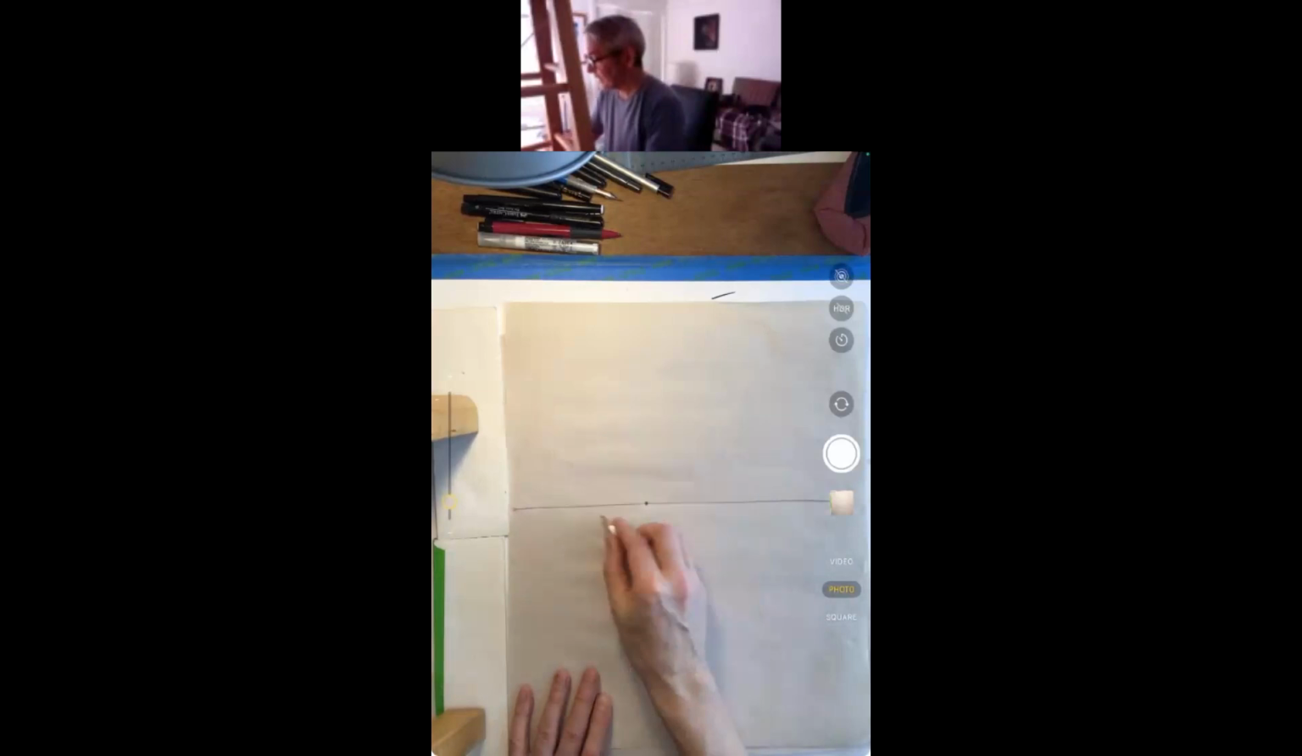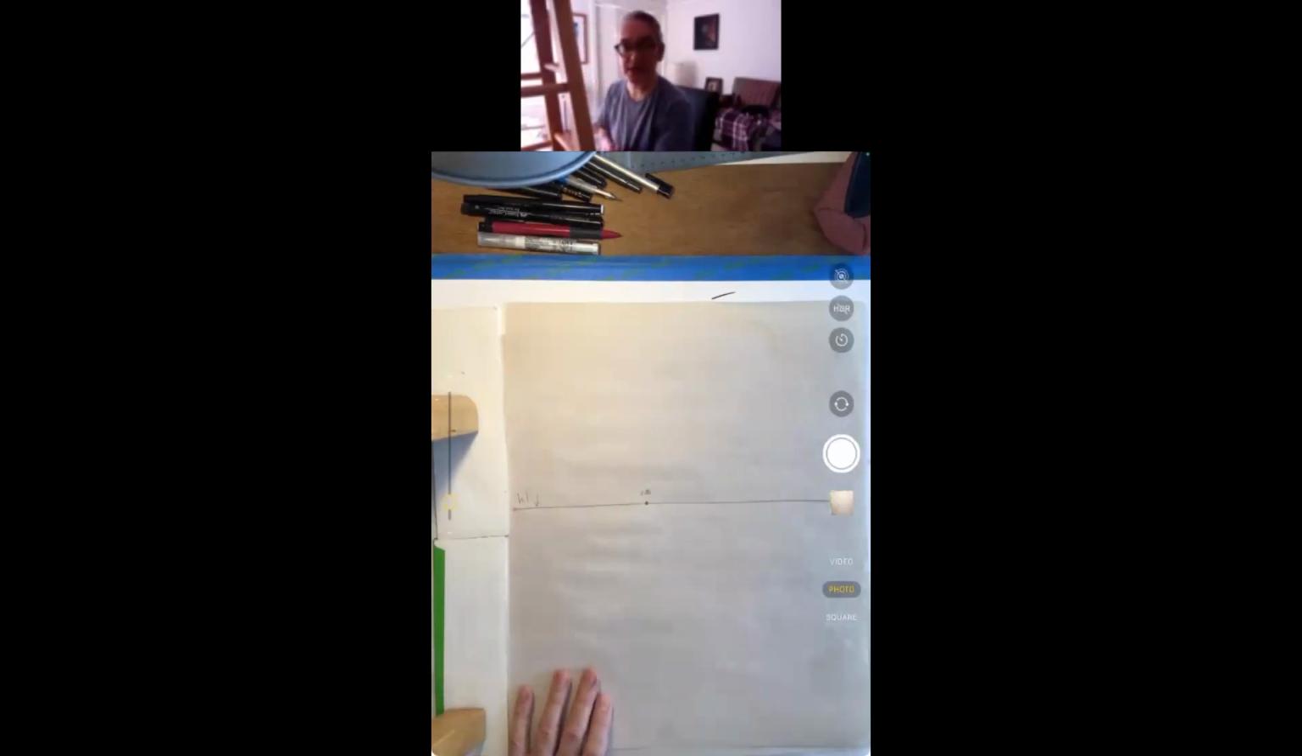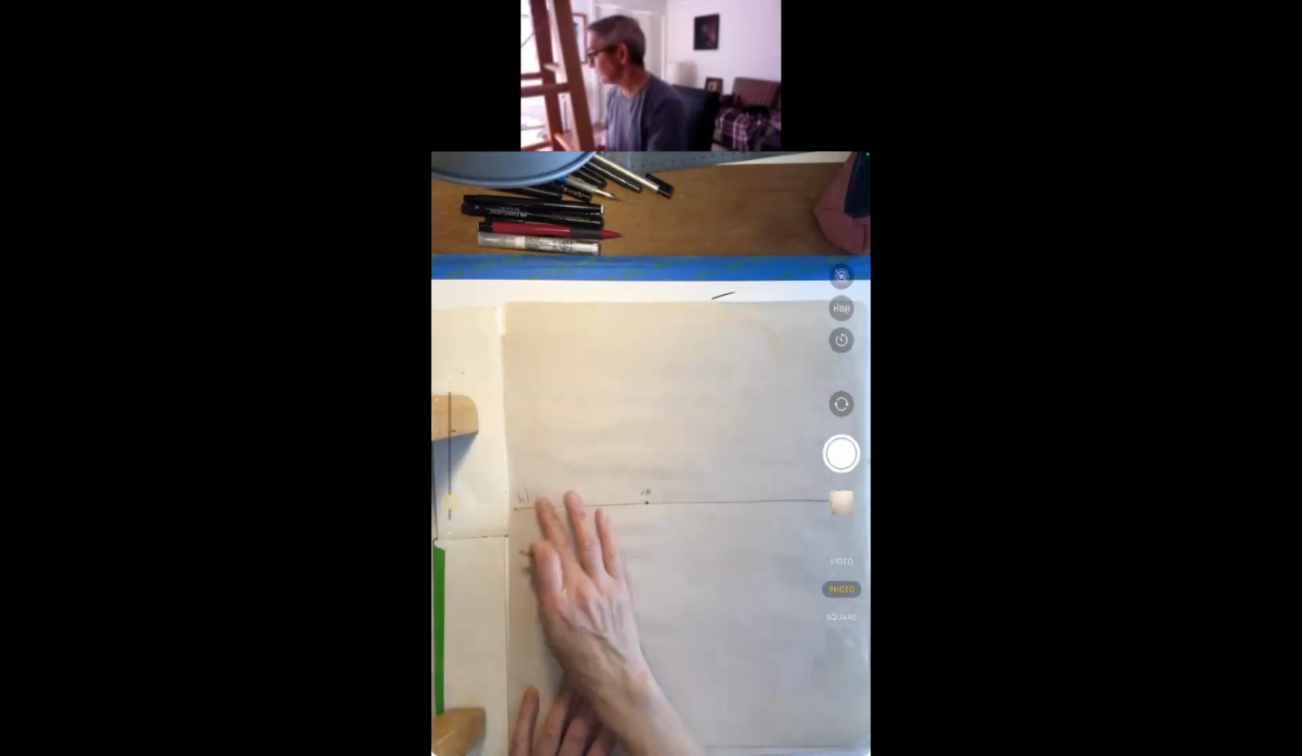So horizon line, vanishing point. You can label them if you want to: HL, VP. Sometimes, if you say this is your VP, you just have to erase that because it's going to get in the way of the drawing you're doing. You do not need to label them if you understand what those things are. So with the